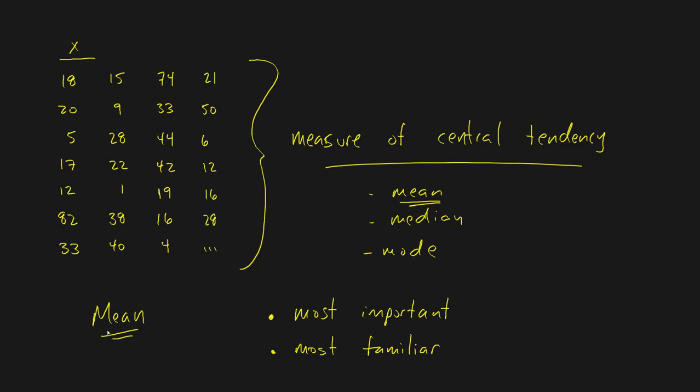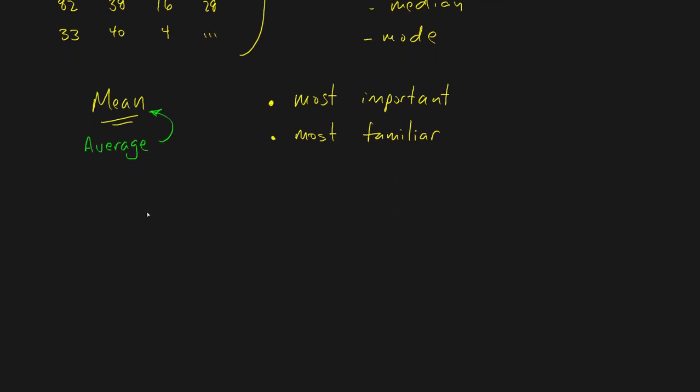And I say that even knowing that you might not actually know the term the mean. You may not have heard that term before, but the mean is really just another name for what is commonly referred to as the average. And so if you understand what an average is, then you'll know exactly what the mean is. And the idea there is that an average is very simply just a total of all of your values, of all of your observations, over the number of values or observations that went into making up that total.